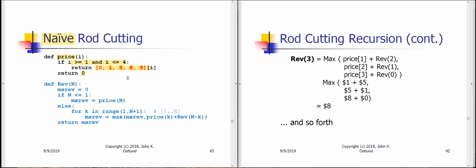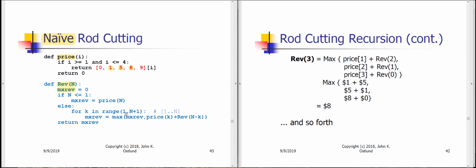Okay, so a lookup table using a list, or perhaps a lookup table using a dictionary, is one way of implementing such a price lookup function. Of course, what really matters here is our maximum revenue function. We're going to start out by creating a variable maxRev that is initially 0. The reason that I'm creating maxRev to be initially 0 is because later on, when I'm looping through all the